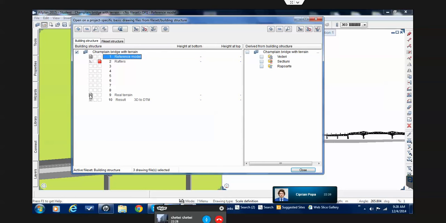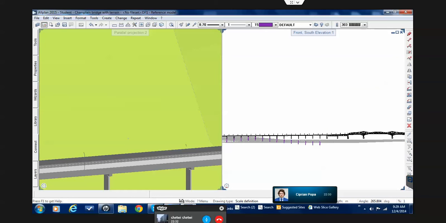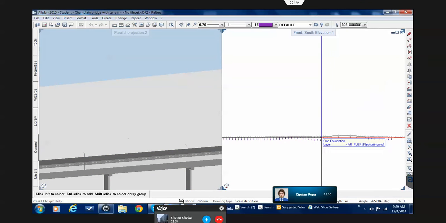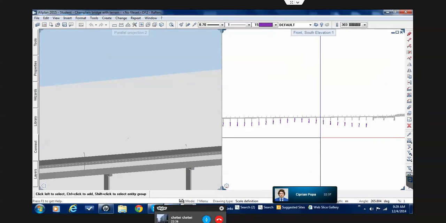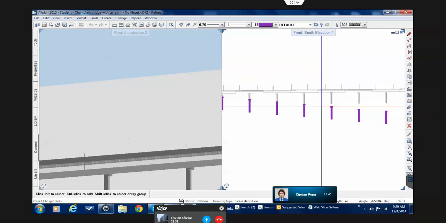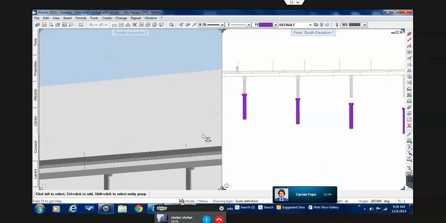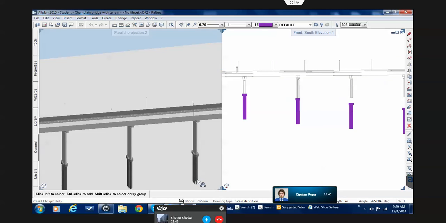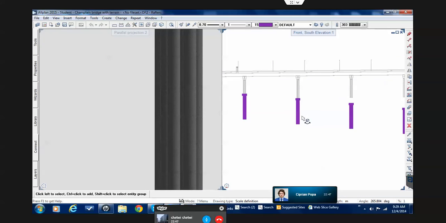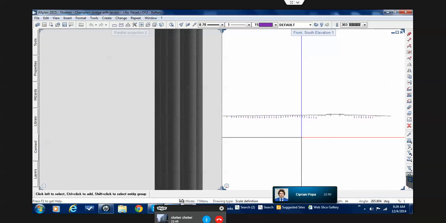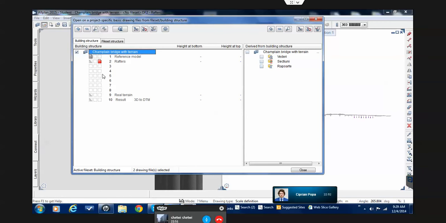If I make them passive and also deactivate the terrain, so it's a passive drawing, I can see what the rafter drawing has, so it's okay. What is purple? So it has color. It's placed in the rafters. Let's say if we'd like to place the piles in a pile drawing now, to be more precise, we'll go here, piles,